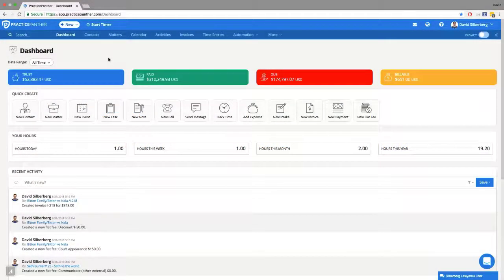Hey everybody, my name is David Silverberg, and today we're going to be covering everything to do with payment plans or scheduled payments. Now, it's important to note that before you get access to having scheduled payments or payment plans,